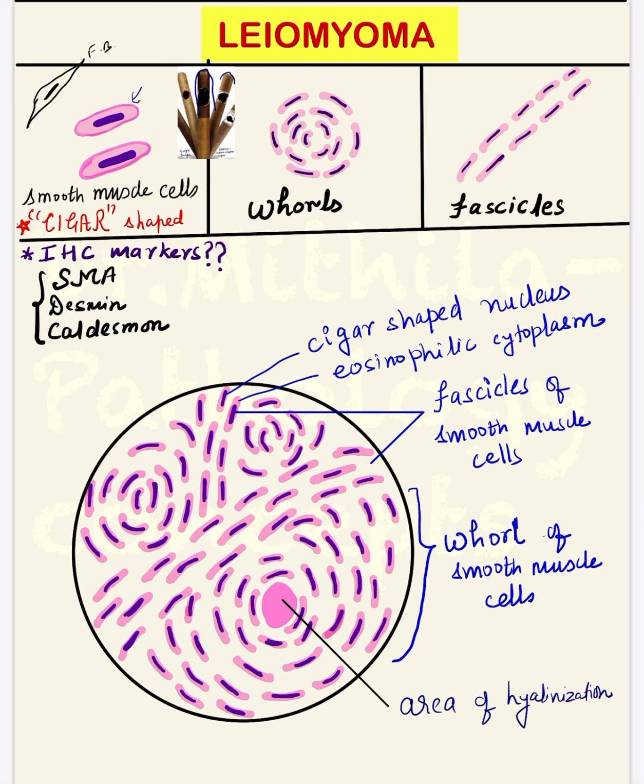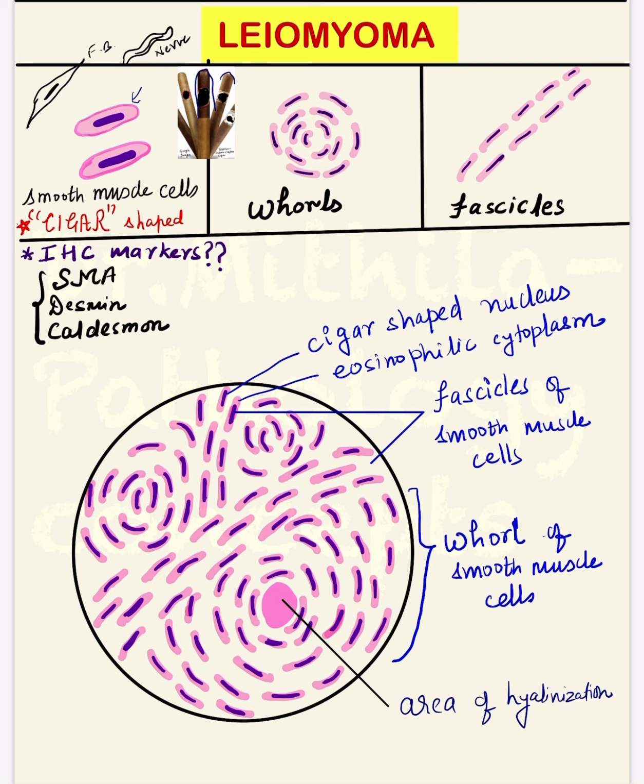Then there is the nerve cell. The neural cells are serpentine in appearance and they have a wavy nucleus. So this is how a nerve cell looks, and this is also spindle shaped. So these are DDs of spindle shaped cells, but we have to focus on smooth muscle cell in case of